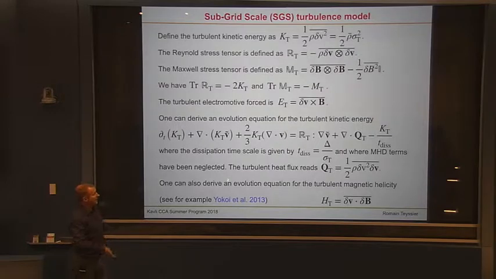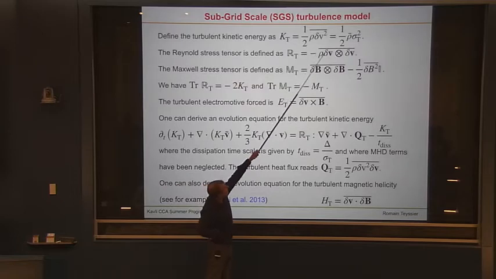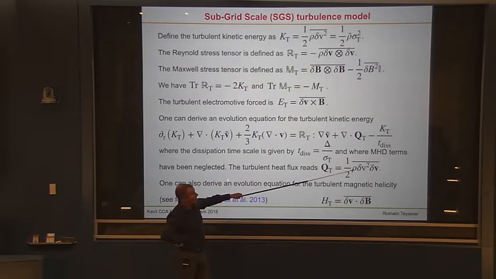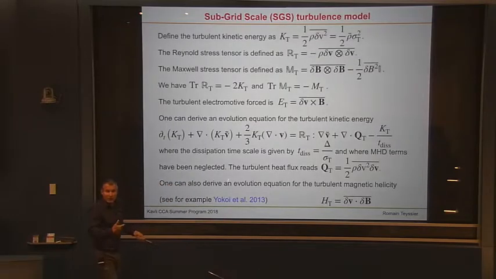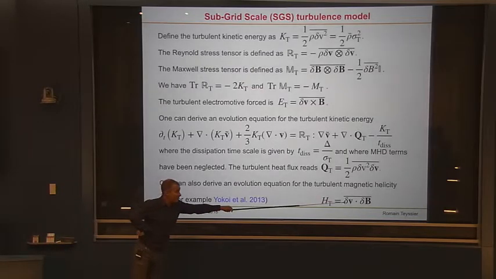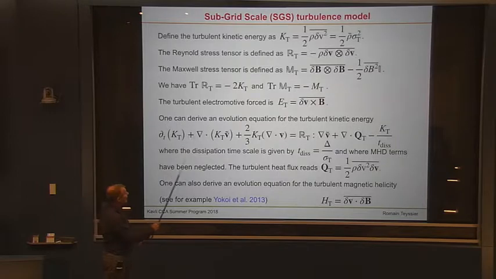Right? And of course now the problem is that we don't know those guys. We don't know what is the shape of those guys. All these tensors and heat flux vector, they're all unknown. We don't know what they are. And the only way to compute them is to know what are the velocity fluctuations, but we don't know them. Right? So basically, yeah, and we can also derive an equation for the magnetic helicity, which is defined like that, exactly like for this, right? So, I mean, you can look at this paper. It's a nice recent derivation of all this.